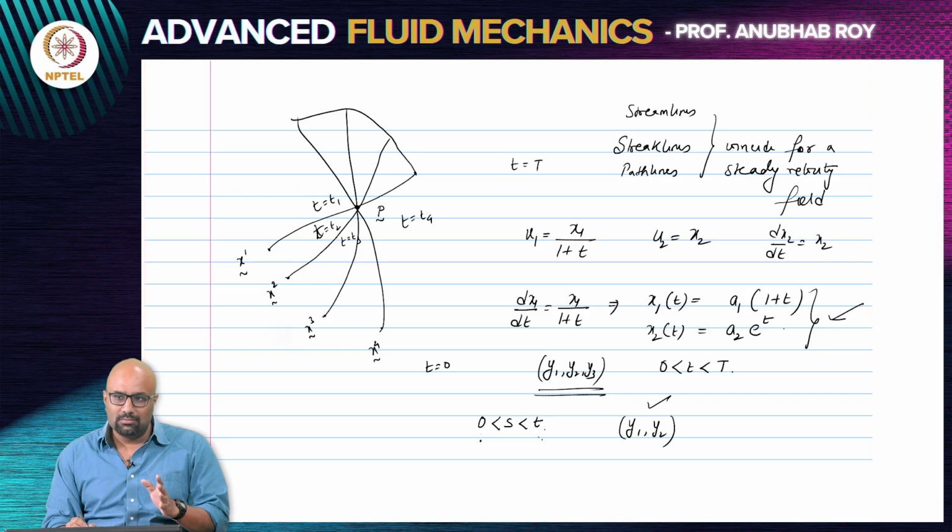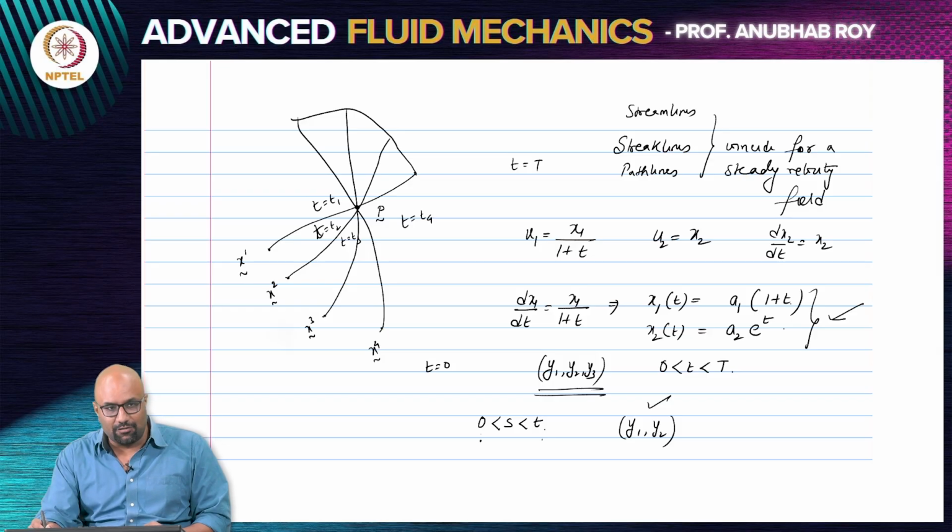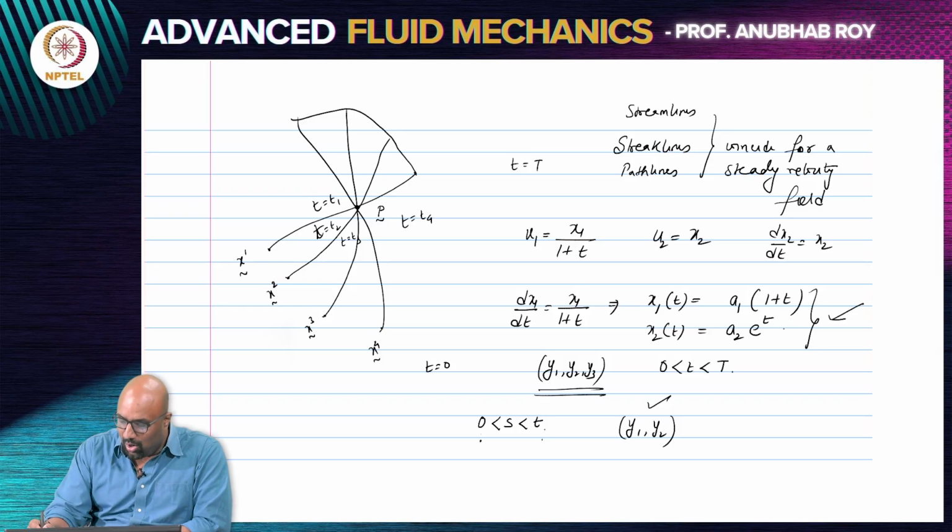That is the thing that we are interested in. We are interested in that curve. But when we calculated it in terms of everything that starts off at t equals 0, this is what we get as the path line equation. So now we need to phrase this saying, all the fluid particles that start off at time t equals 0 from point A1 and A2 are going to cross y1 and y2 at different instants in time, which is between the window 0 and t.